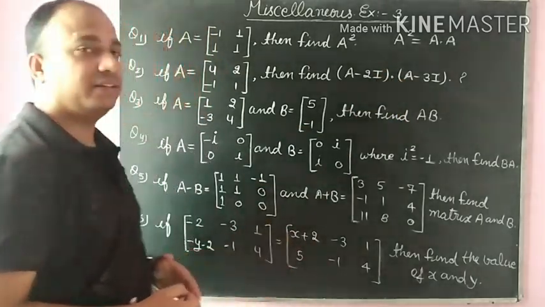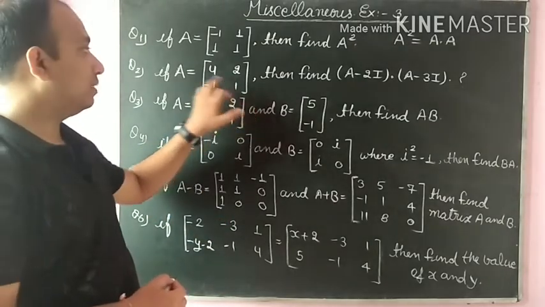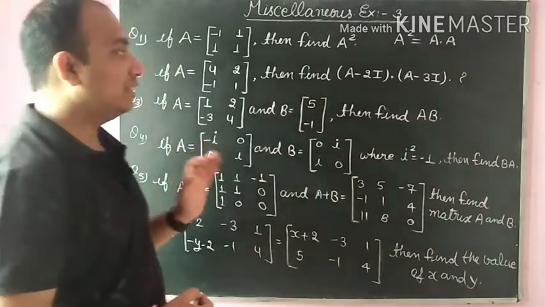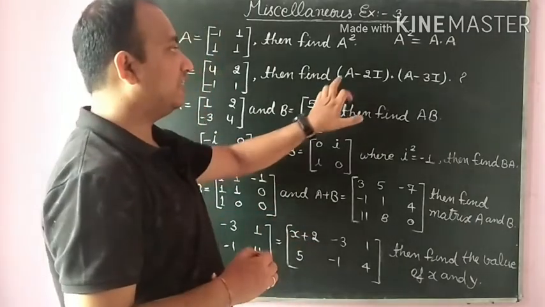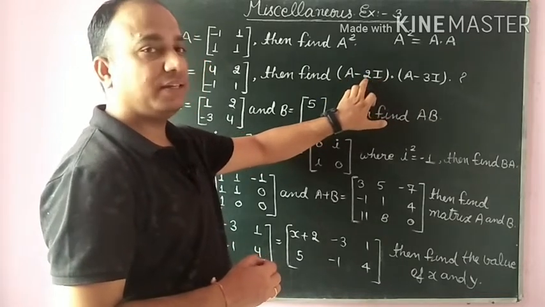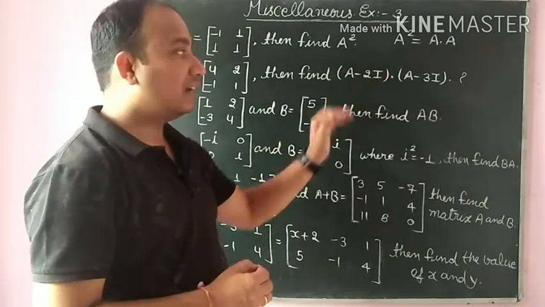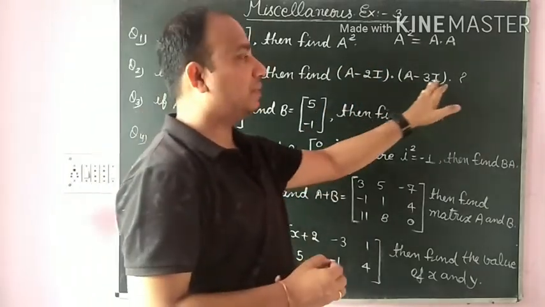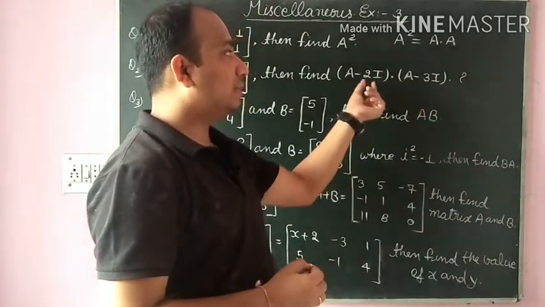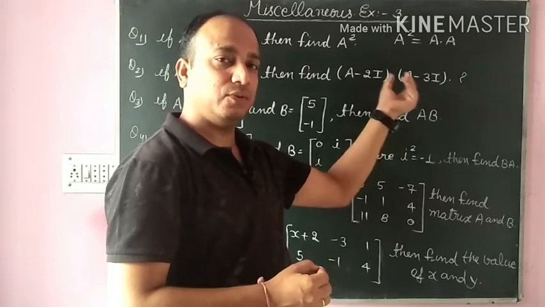the order of the identity matrix will be 2 by 2 in this question because matrix A is of order 2 by 2. Okay. Then in this question first of all we find A minus 2I, means from A we have to subtract I multiplied by 2. Then this matrix is called A minus 2I. After that we find the value of A minus 3I, and after that we will multiply A minus 2I with A minus 3I. Okay, clear? You can do it.